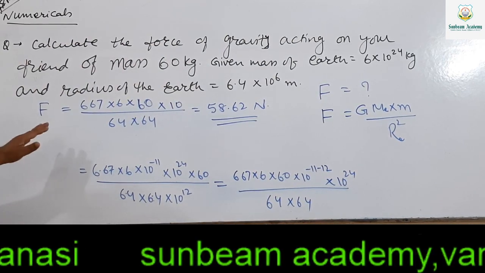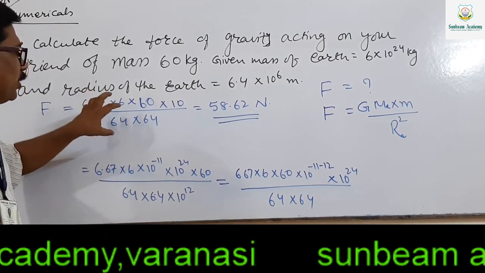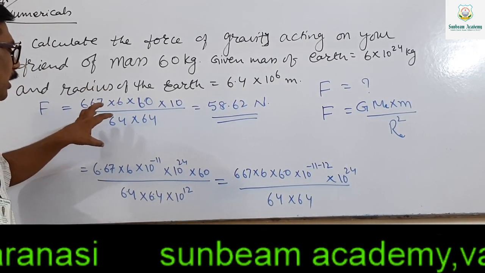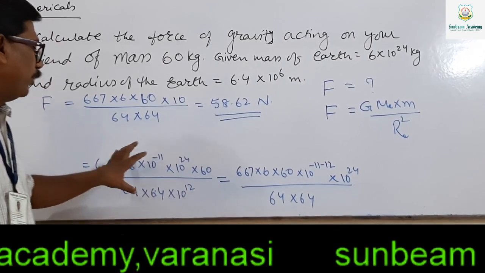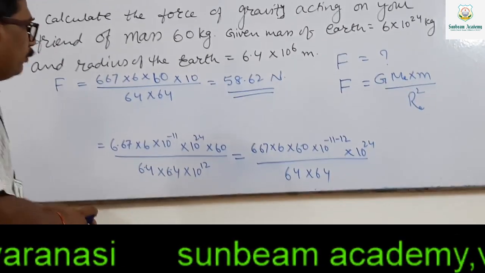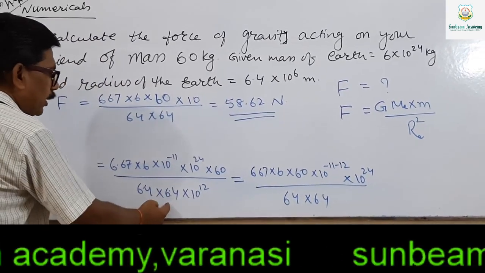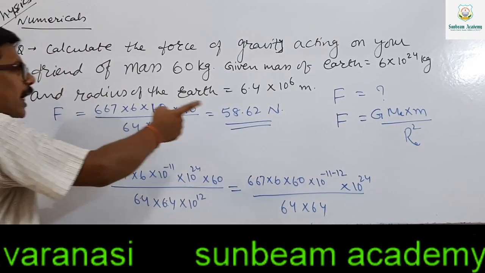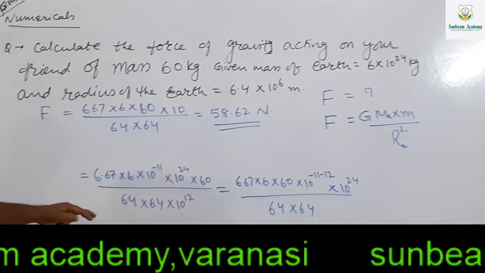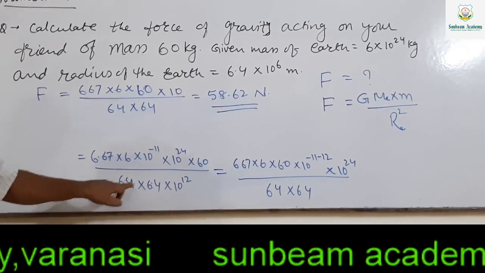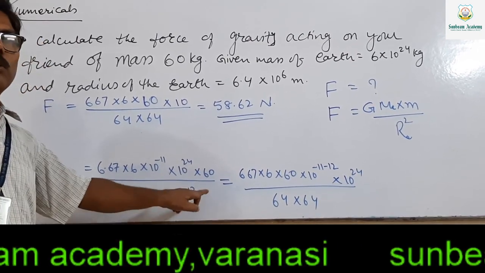But what you have to remember is that you should do the multiplication very cautiously when the number is related to 10 to the power minus 11 and 12 and all other such things, because here we have seen 6.4 into 10 to the power 6, whole squared. You know that R is squared. When you square it, what will happen? 6.4 into 6.4 into 10 to the power 6 into 10 to the power 6. It will become 10 to the power 12.